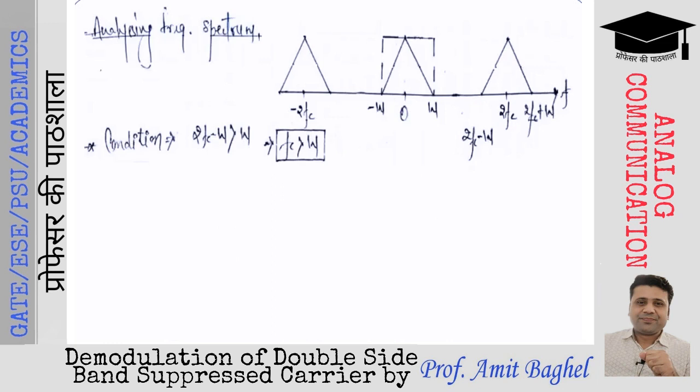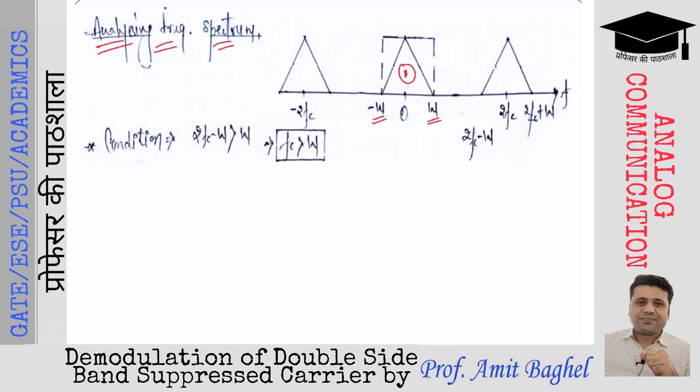Now the frequency spectrum. In the mathematical expression, we have Ac Ac' by 2 m(t). That means we are going to get M(f). The frequency domain of m(t) will be M(f), and the frequency range of M(f) will be from minus W to plus W. The next term in the mathematical expression of s1(t) was Ac Ac' by 2 m(t) cos of 2 pi into 2 fc t.